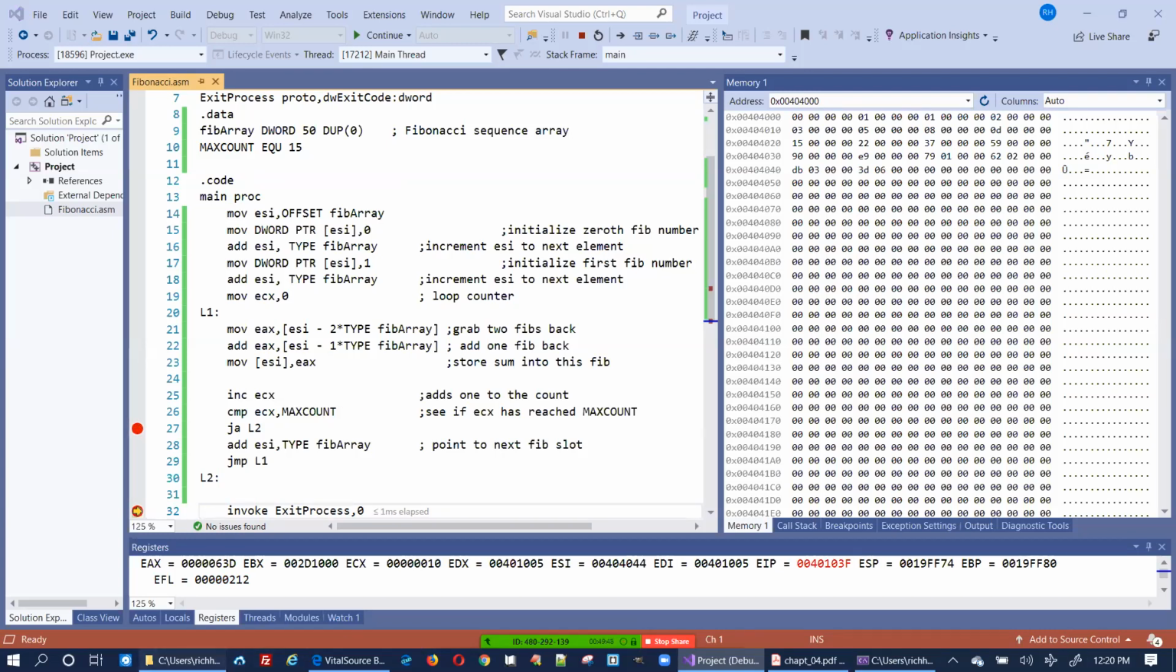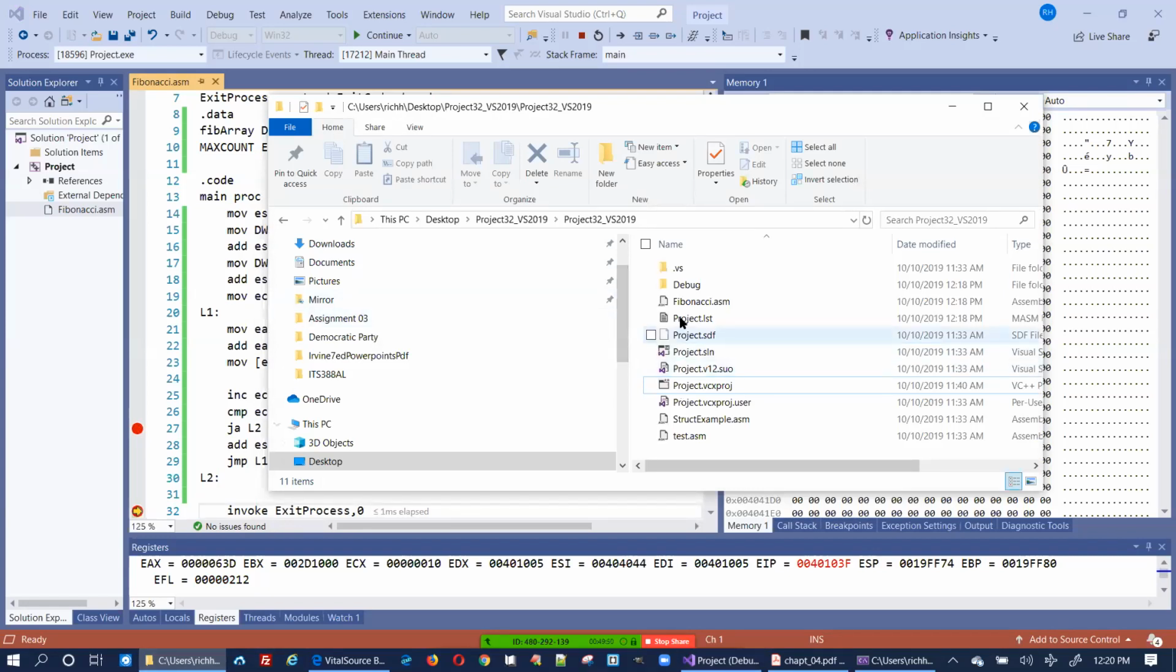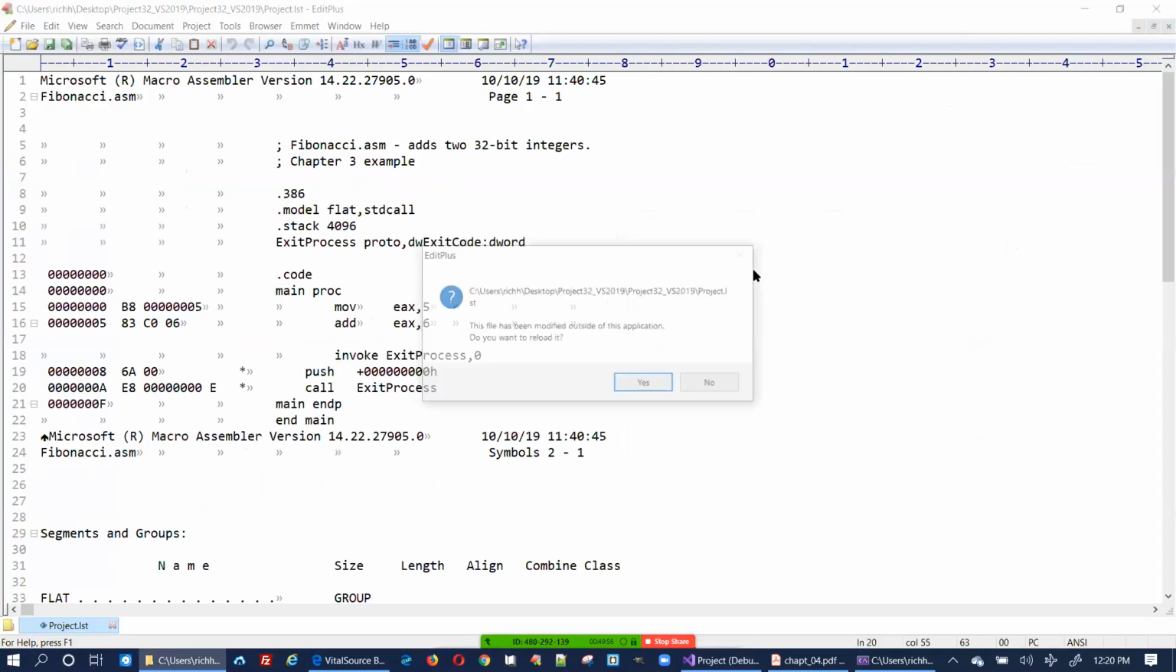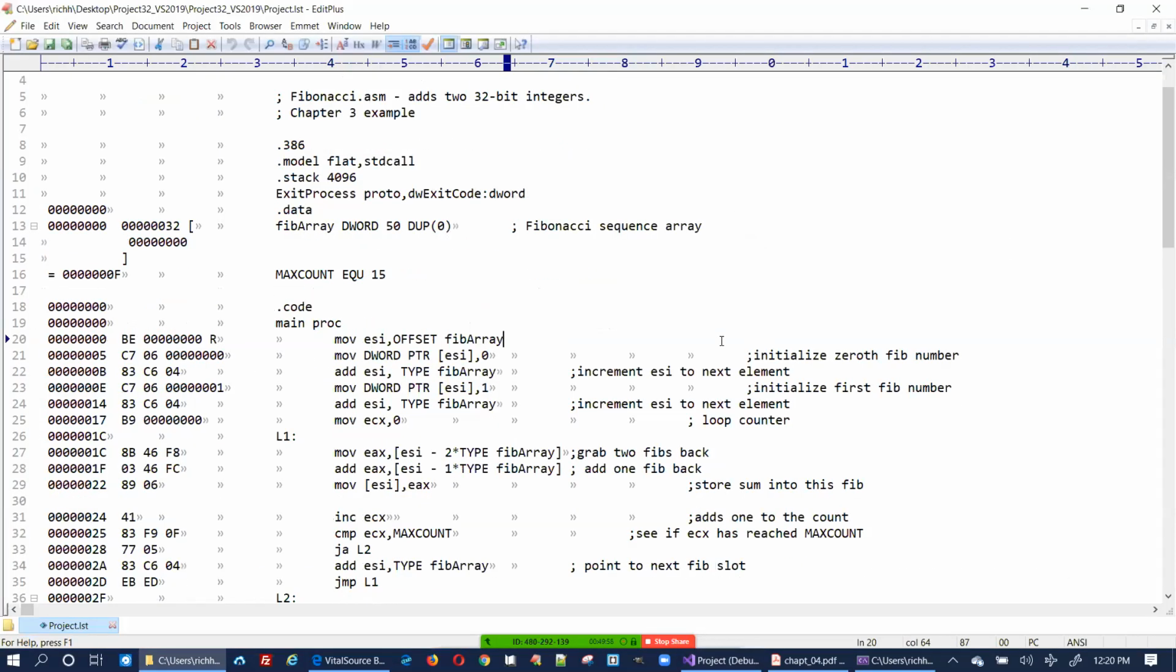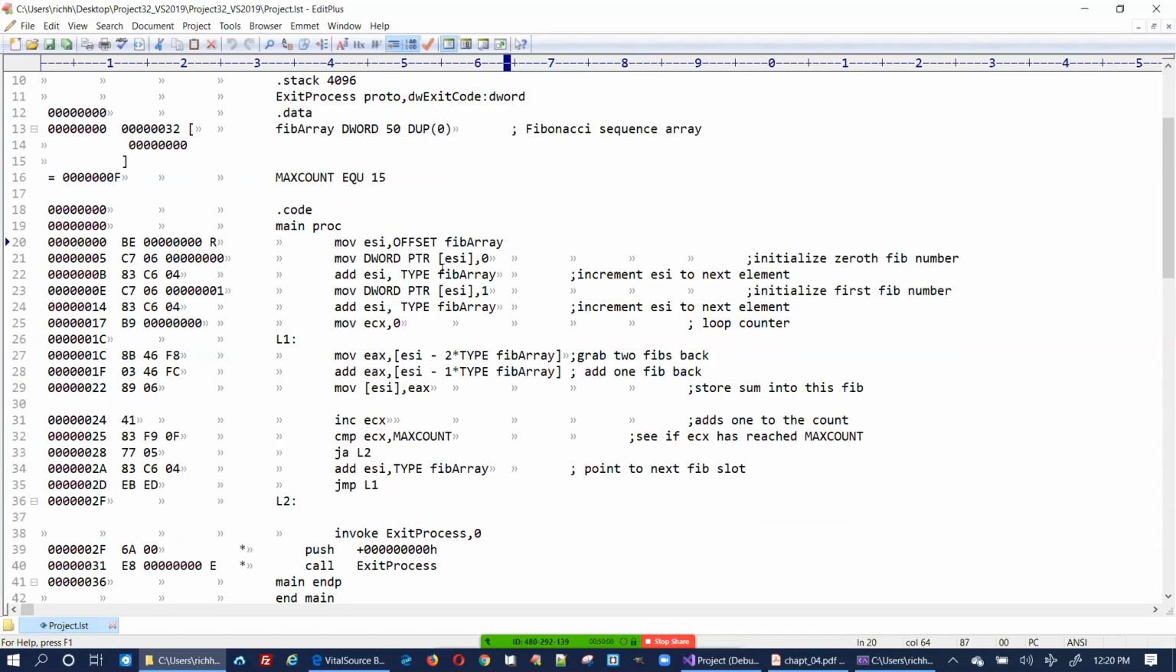I'm going to take a break, and I'm going to show you the project listing. You should look and see the project listing. You can see how it is compiled, and this is what we're running. Okay, this is what compares ECX with max count. Max count is 15, which is 0F, and so we see that's what this is. It's 0F. This is comparing ECX with 0F,